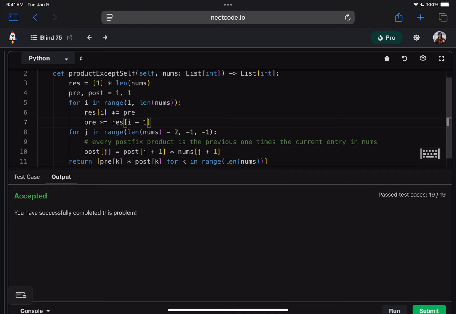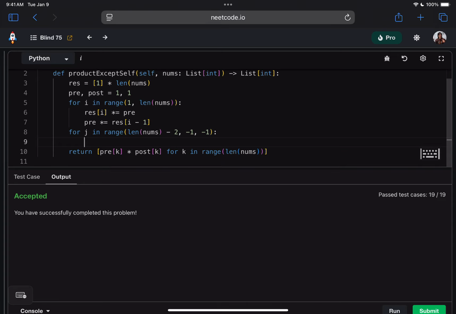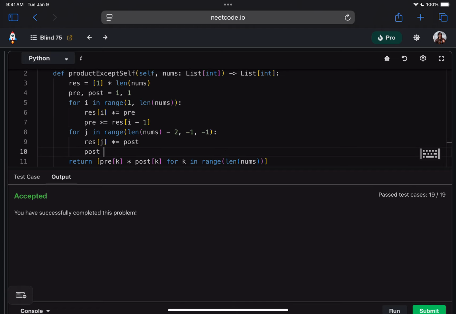Okay, so we got that, and then we can do the same thing here. We can say results at j times equals post, and then post times equals